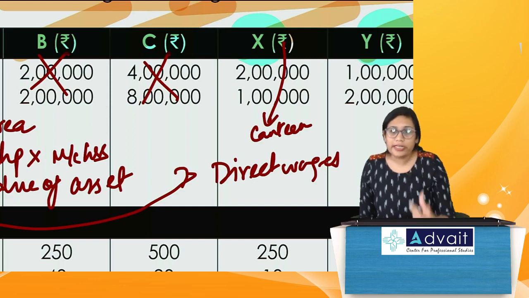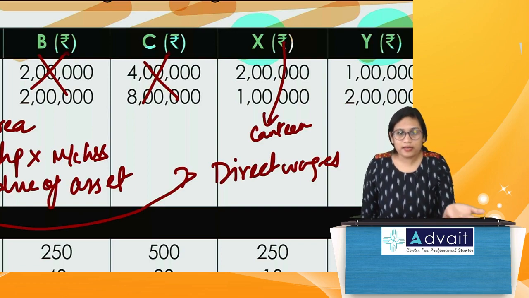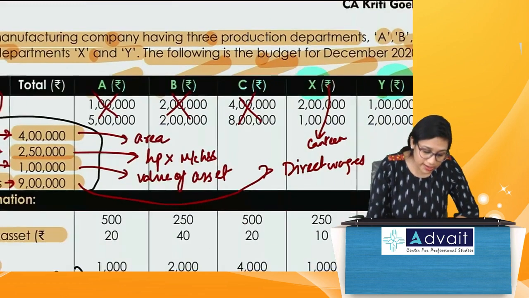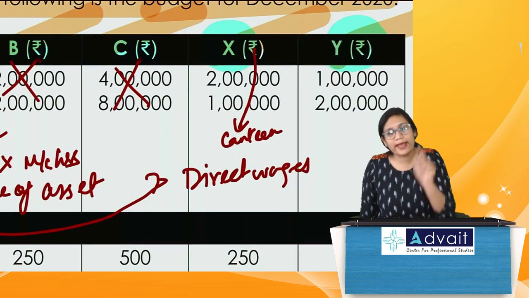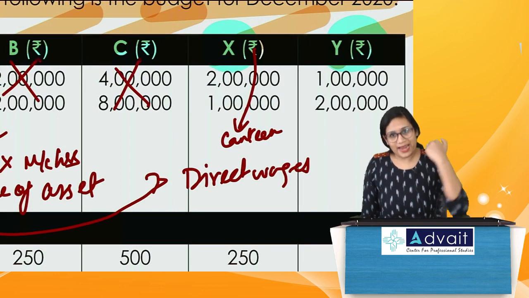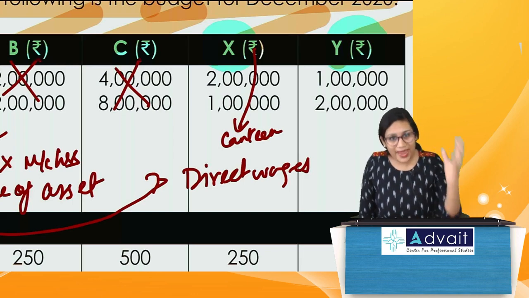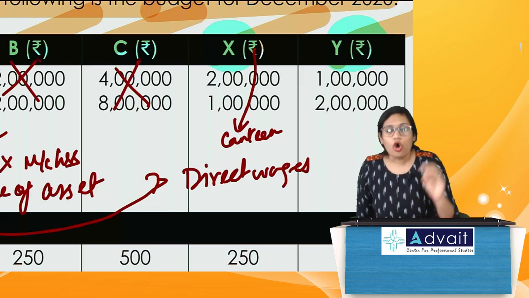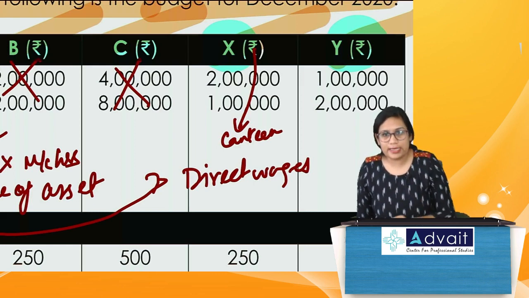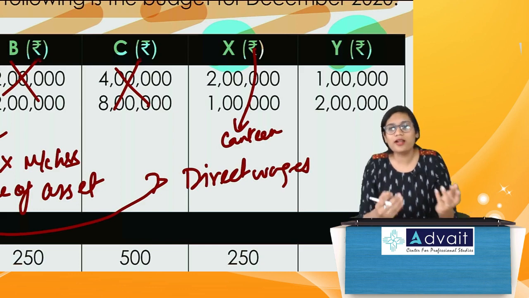And let's say they are making tea. What will the raw material be for tea? The raw material will be milk, correct? That is nothing but the direct material. So when they are mentioning direct material here, they are saying direct material and direct labor for X and Y. But anyways, this entire department X and Y is indirect to the main product that I am manufacturing. So though they are using the batter for idli or milk for tea, that is anyway indirect to the product. So if it is direct to the canteen department, it will still be indirect to the main product that I am manufacturing.